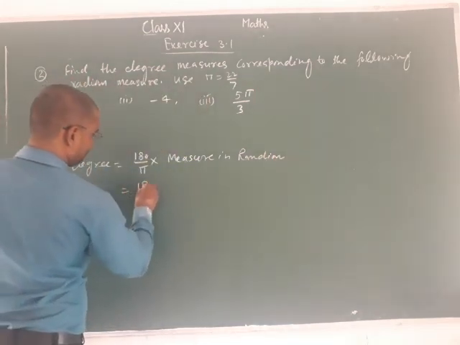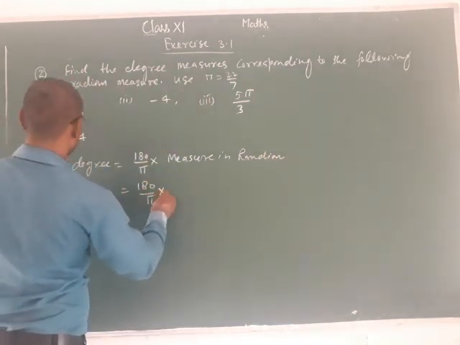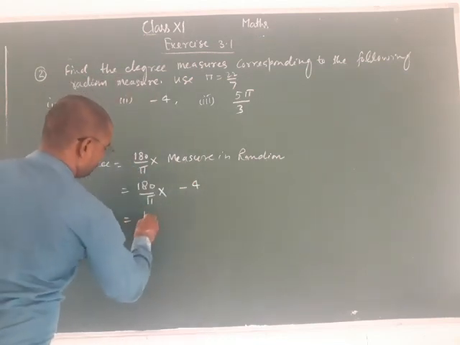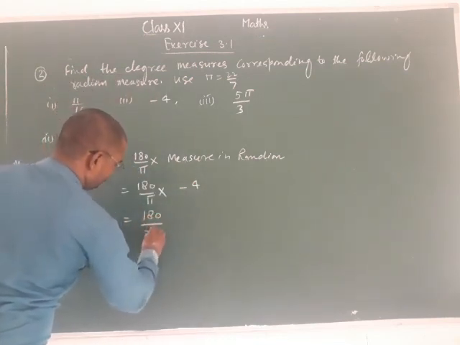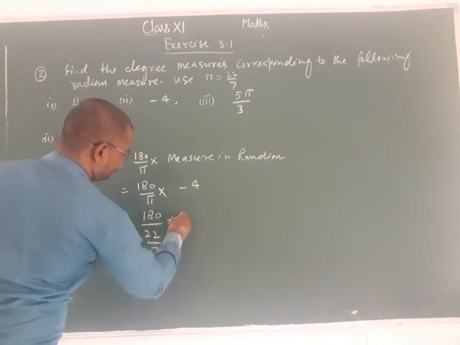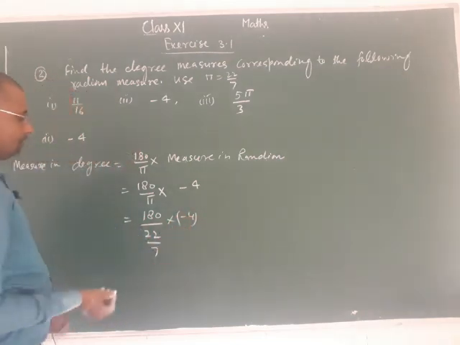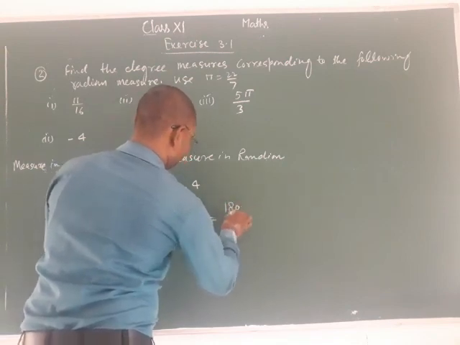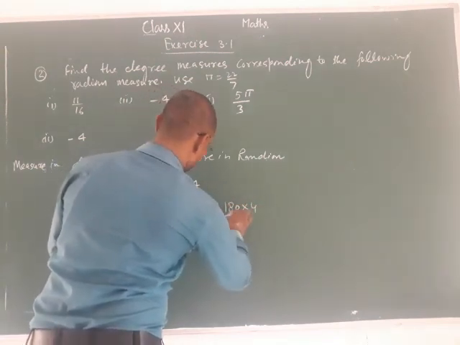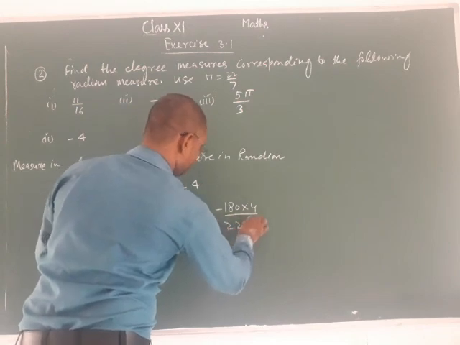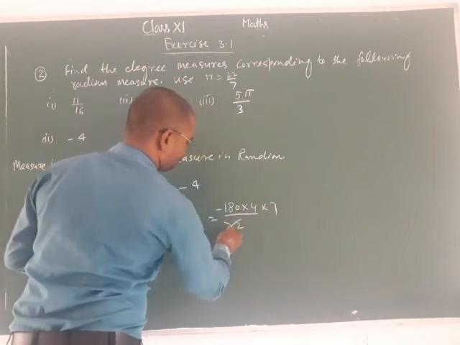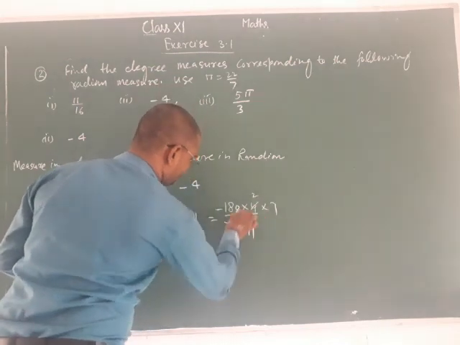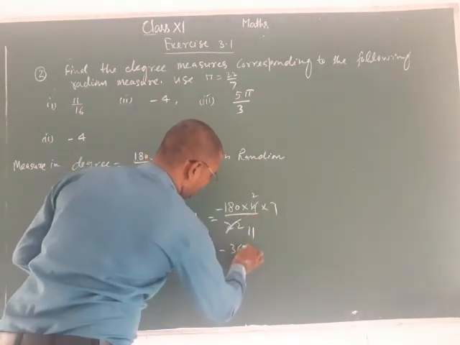So 180 upon pi into minus 4, so 180 upon 22 upon 7 into minus 4. So 180 into 4 upon 22 into 7, so 11 and 2, so minus 36